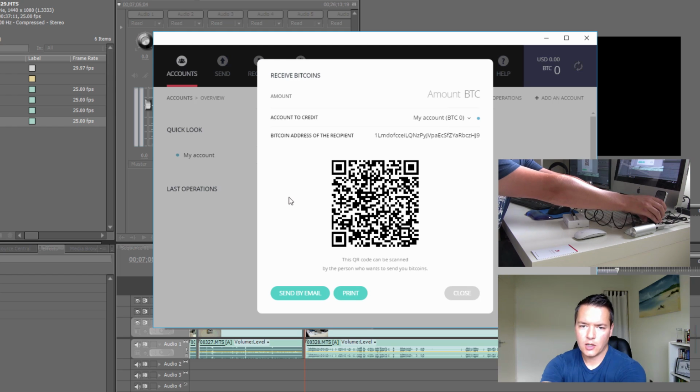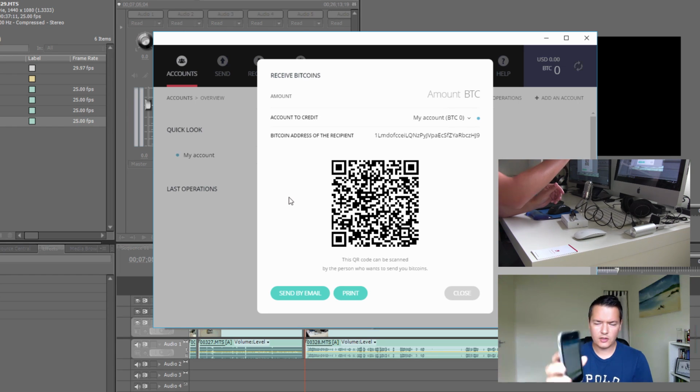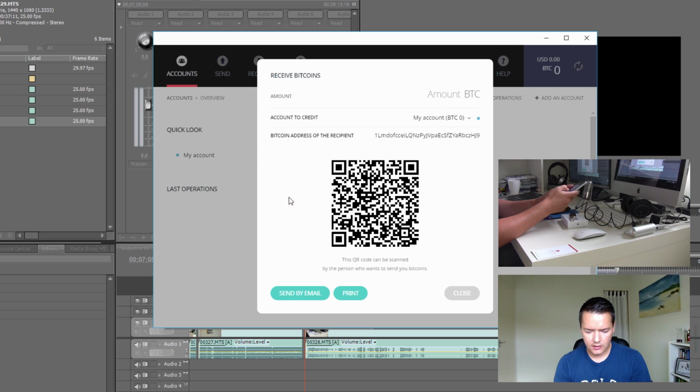Now I'm going to use the QR code because I'm going to use my blockchain app and send a little bit of Bitcoin to the Ledger address, and then we can see exactly what the process is. Really not so much for receiving, but for sending back out, how the transaction is authenticated using the USB hardware. So I'm going to use the blockchain app. I've just signed into my blockchain app, and then I'm going to send it to the address that's on screen. I've just scanned that, and it's come up with the same address. I'm not sure if you can see that there. And then I'm just going to send it